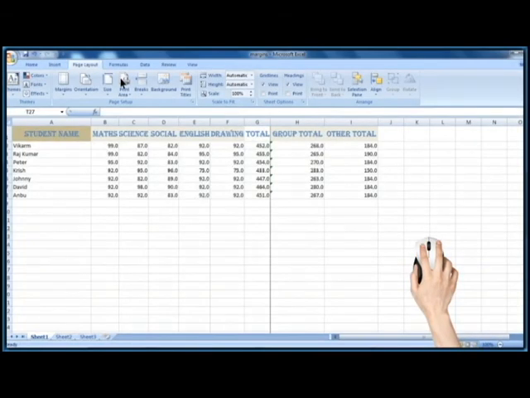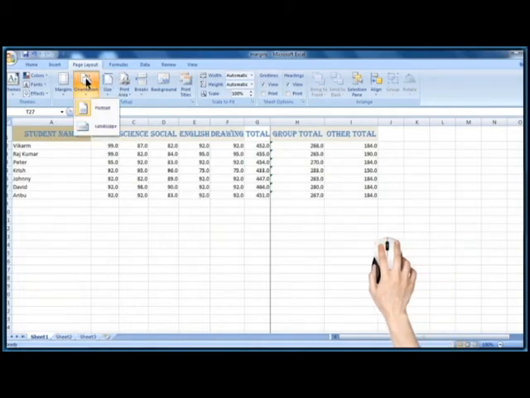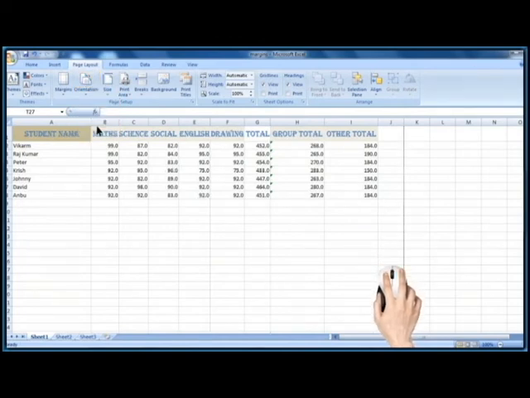In the present orientation, that is portrait, some columns are missing in the print preview because the width of the document is more than the portrait accommodates. Here I would like to change the page orientation. Click on the orientation command. The present orientation is portrait. I want to make it landscape. Click on the same. Now your document is in landscape orientation.